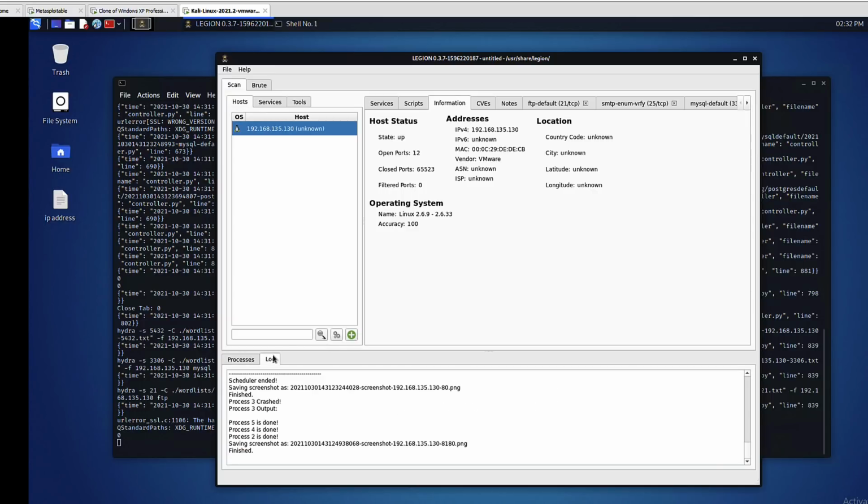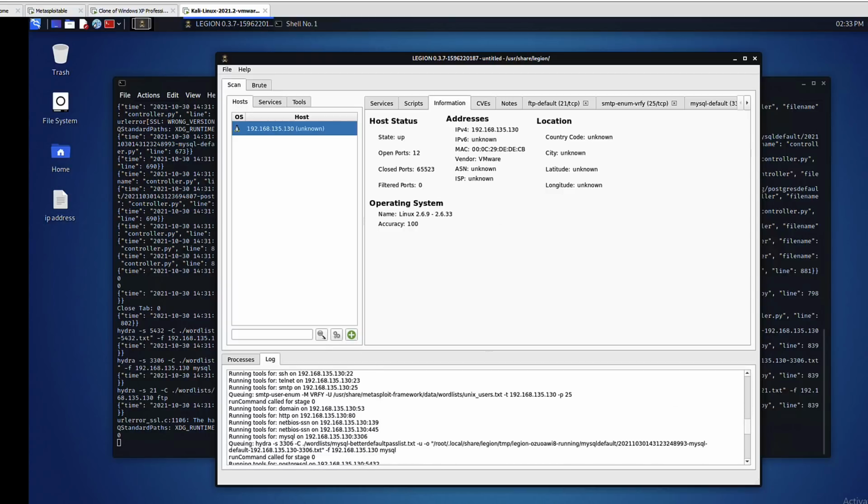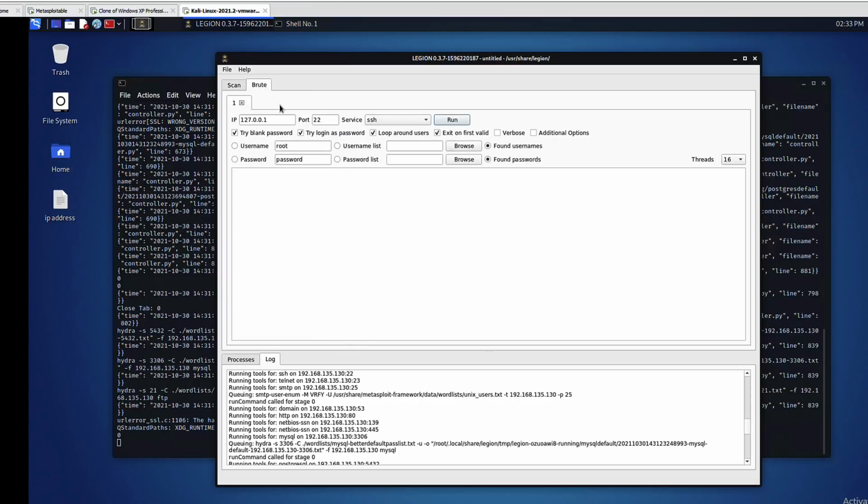You can see what commands it used for each one of these tools. So if you take a look at the log, you can actually see. And again, remember in the configuration, you can change some of these settings. One more thing you can do here is to use other tools as well, not just a scanning tool. So for example, you can perform a brute force attack on some of the services and it will use Hydra for that. So let's try 192